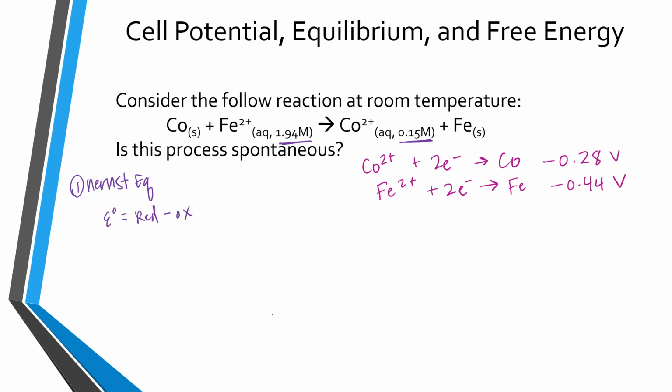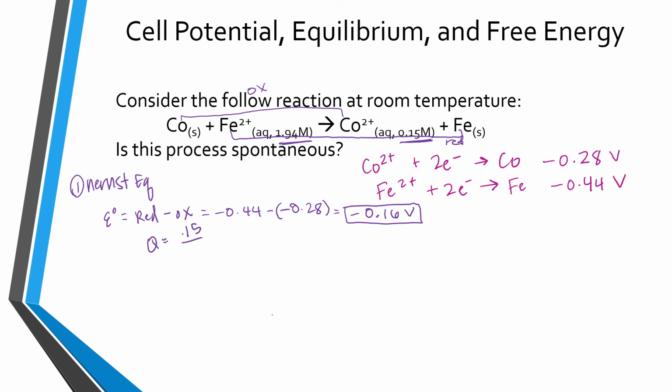So let me look at my equation. Cobalt is being oxidized and iron is being reduced. So iron minus cobalt gives me 0.44 minus 0.28, which gives me negative 0.16. So at standard conditions, this is not going to be spontaneous because we have a negative cell potential, but we're not at standard conditions. So next, I have to calculate Q, products over reactants, raise their coefficients. So 0.15 divided by 1.94